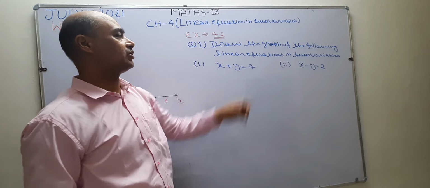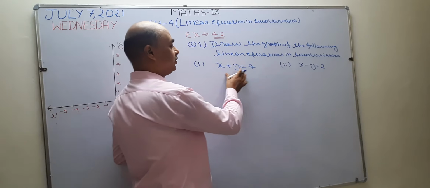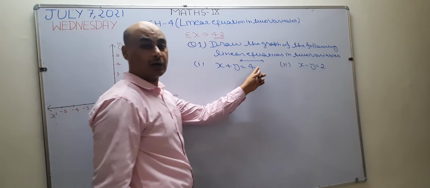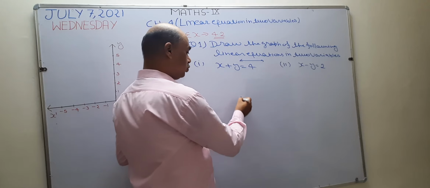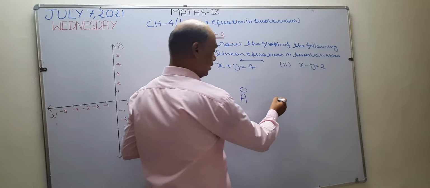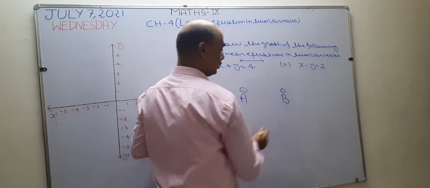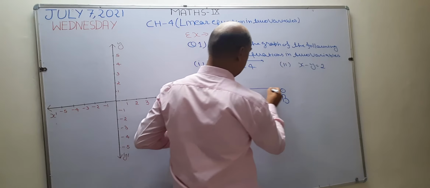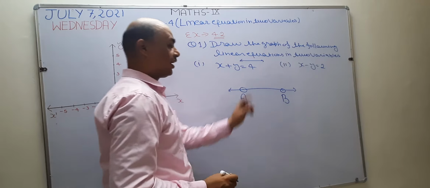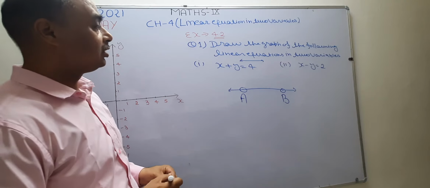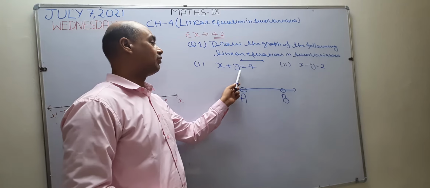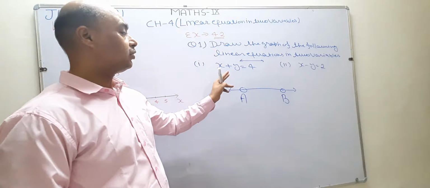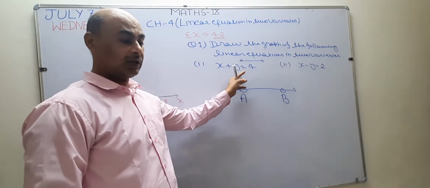Since this is a linear equation, when we draw the graph of these equations, it is going to represent a single line. As you know, when 2 points are given, suppose point A and point B, how many lines can pass from the given 2 points? The answer is only one line can pass. It means when we draw the graph of this equation, we have to find at least two values of the given equation.